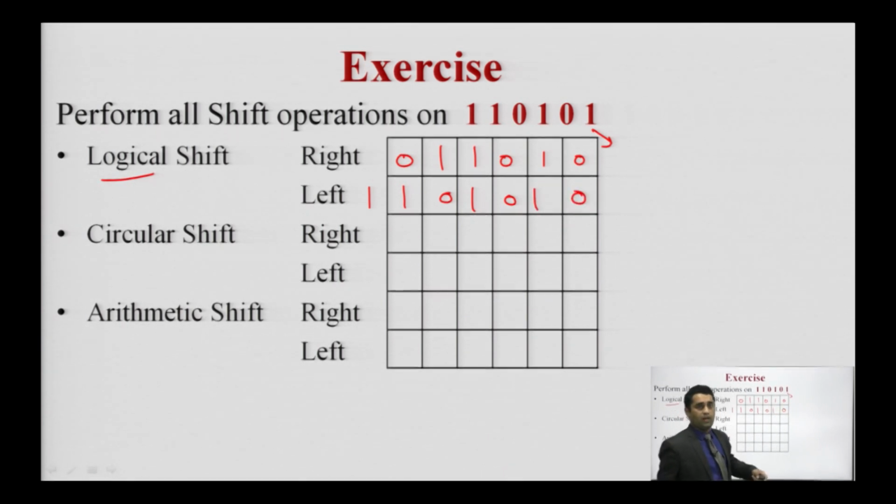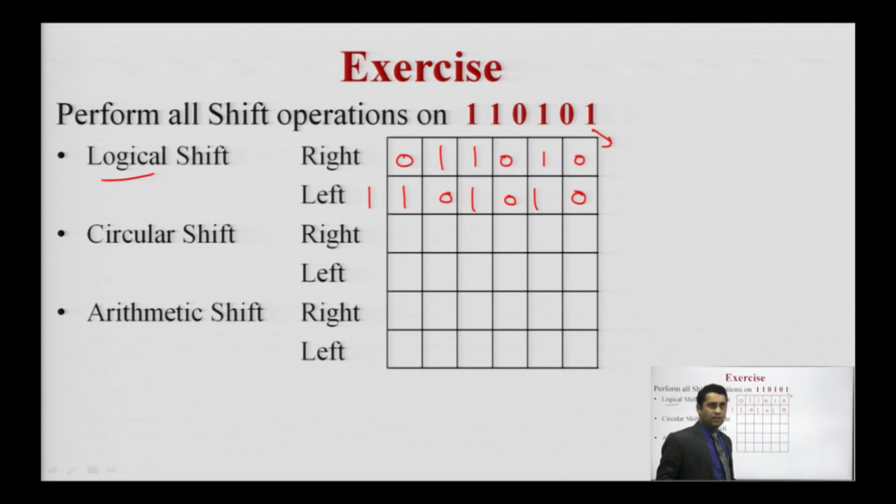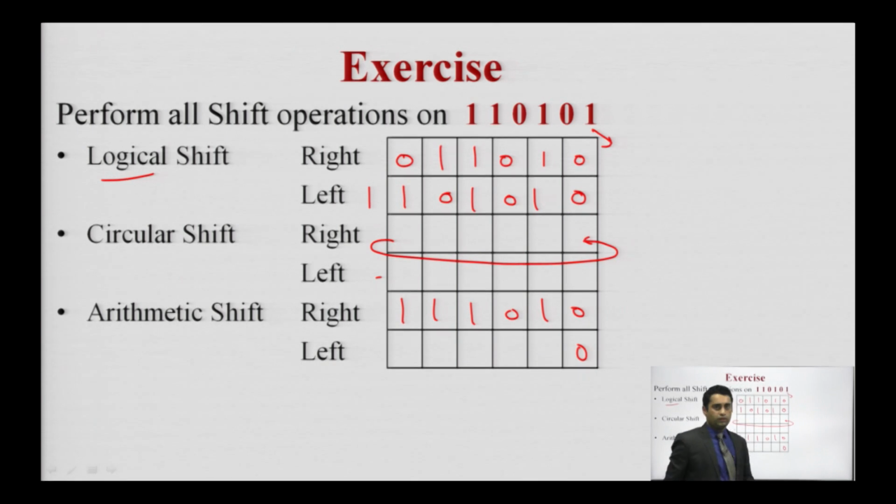This is an exercise for you to complete yourself for practice purposes, as I have discussed some of the examples. What we are doing here is a circular shift. So this number is going to circulate here, and on the left part the value is going to change in a circular manner. In arithmetic shift, in the case of the right side we retain the particular value, and on the left side we add a 0 value. So this is the example for you for better understanding.